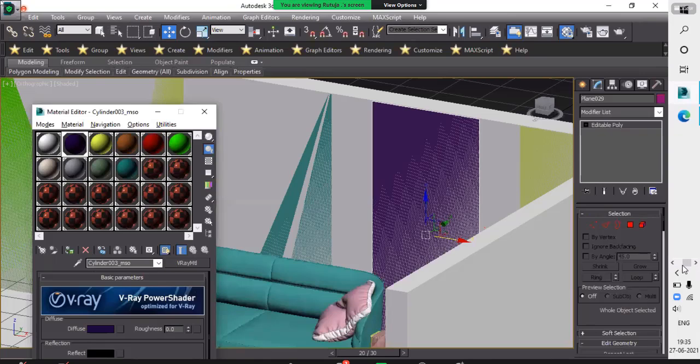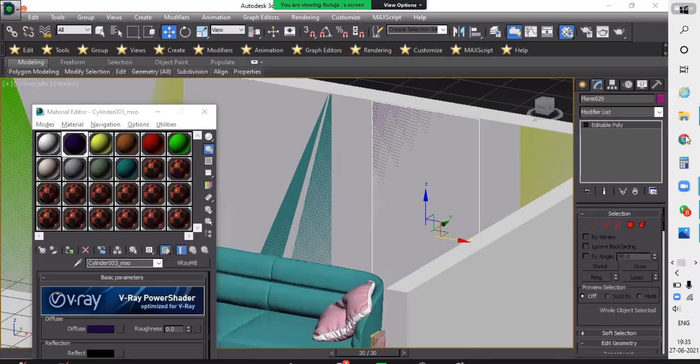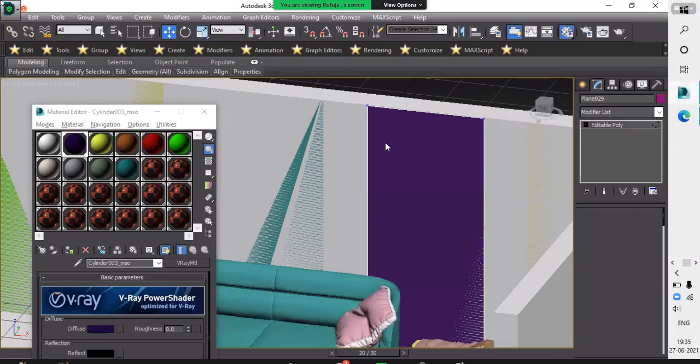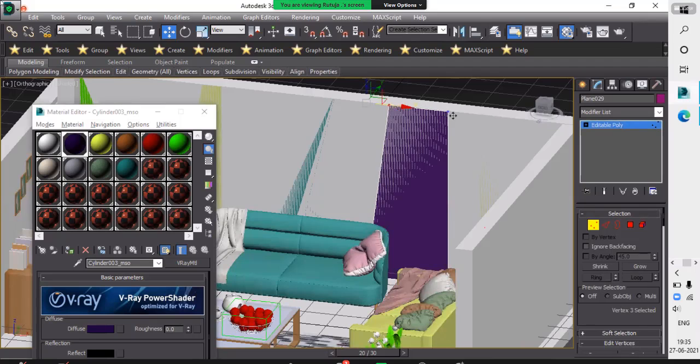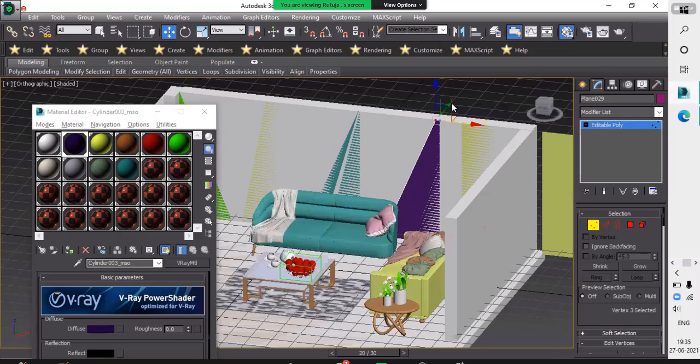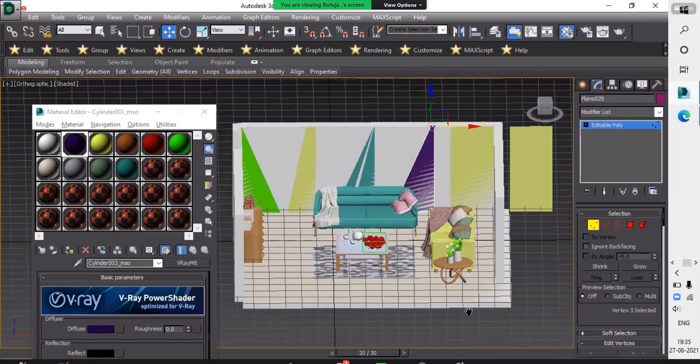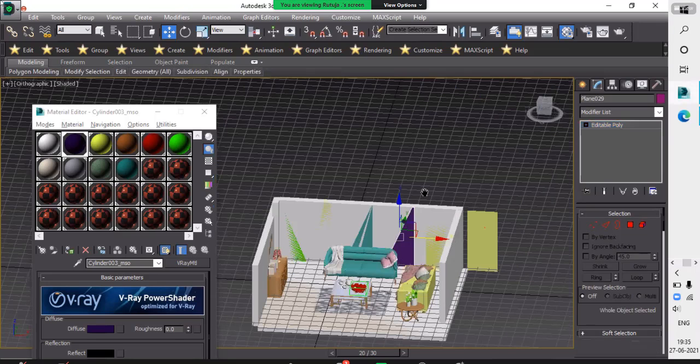So that's why it looks like that. Take vertex points and do manually what you want here. Yeah, like that.